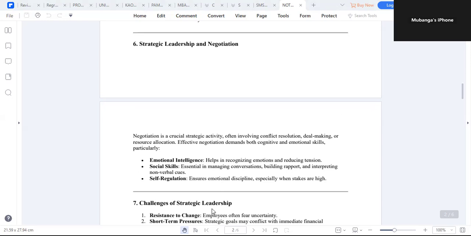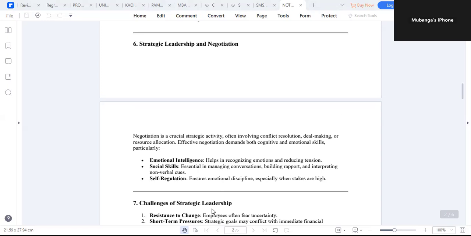Whether you are dealing with conflict resolution or securing business deals, it is important to decide how your negotiation panel as a strategic leader will go. And like you said, when you want to allocate limited resources, negotiation plays an important role in achieving goals. So successful negotiation does not rely on logic like people think. It requires you understanding people and how to manage emotions. So strategic leaders must use a mix of thinking and emotional skills to navigate these complex